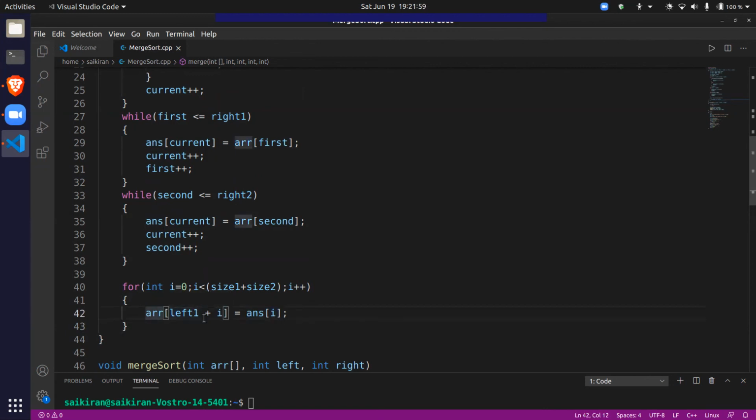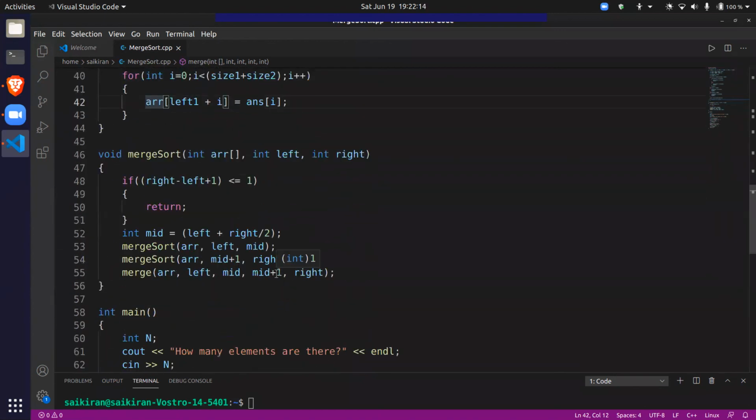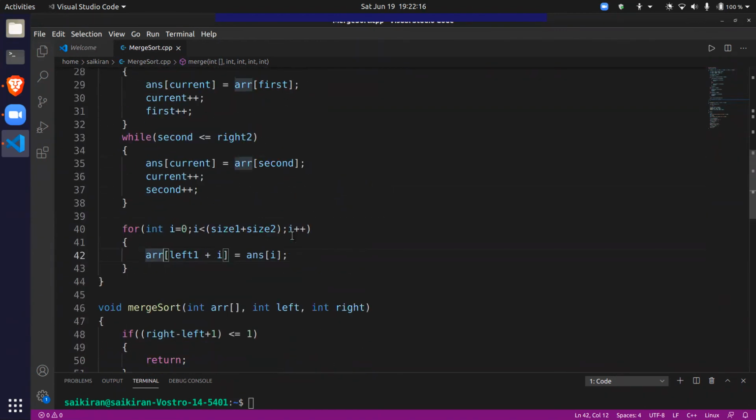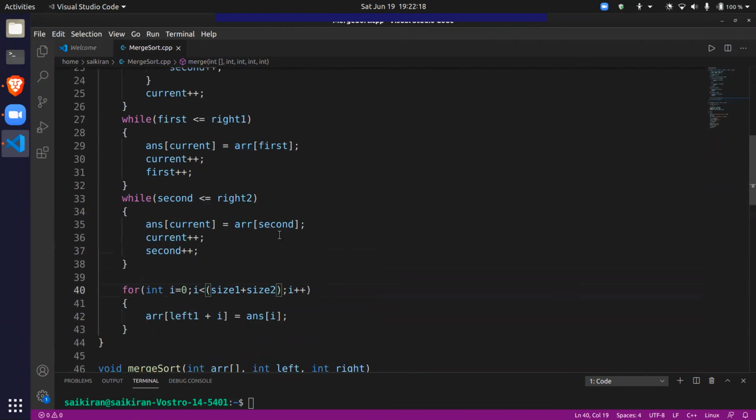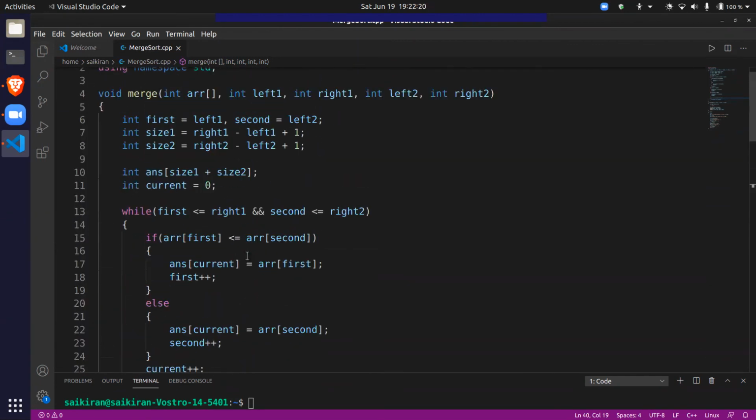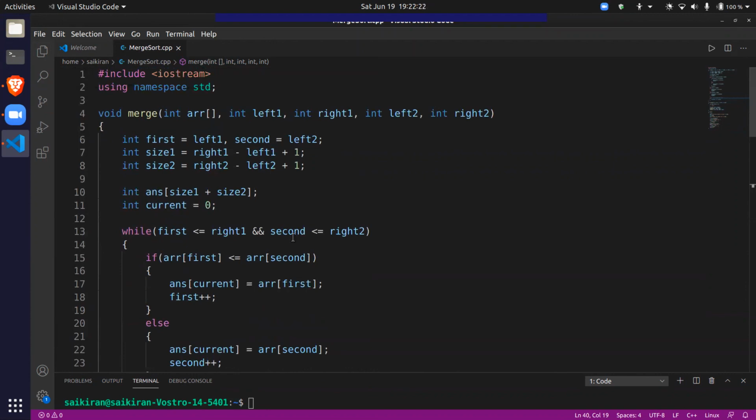So that's the reason I put left1 plus i. So when i is 0, you have array of left1 is equal to ans of 0. And when i is 1, you have array of left1 plus 1 is equal to ans of 1, and so on. Okay, but I still don't know why we have this error.